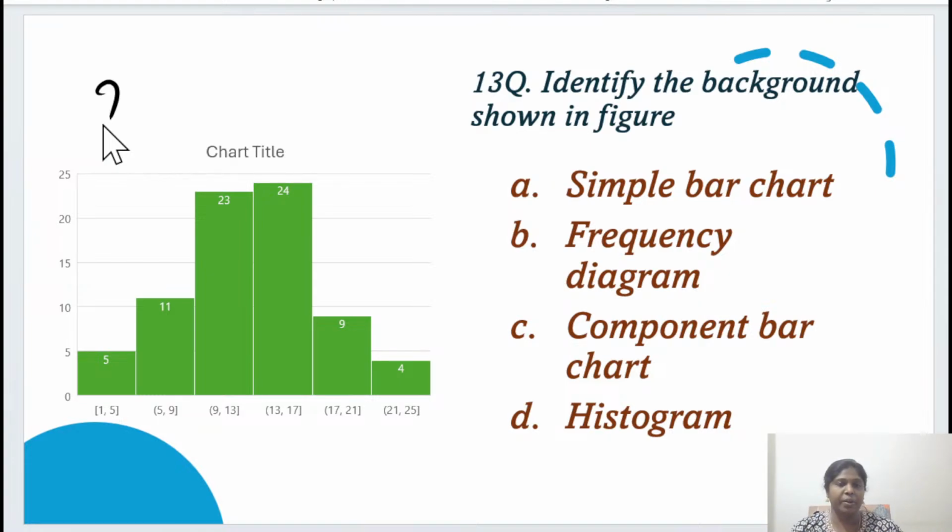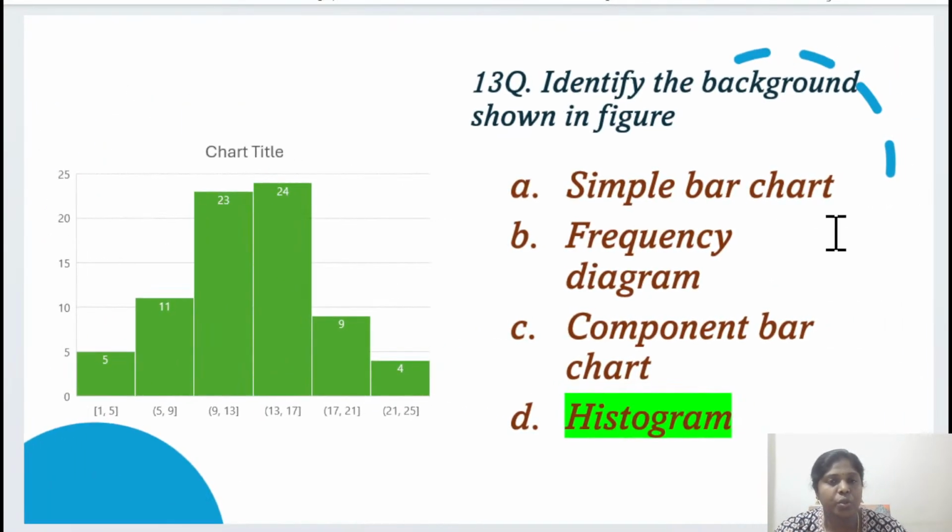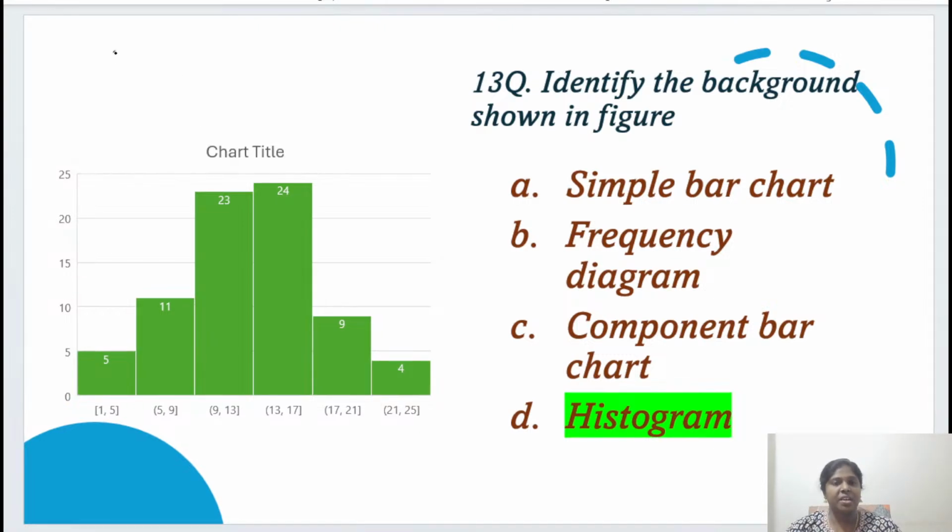Okay, Madhu, you are guessing it as a simple bar chart. Okay, what about others? So this is called as the histogram. So this particular diagram where you can see where x axis, y axis, where we have plotted just